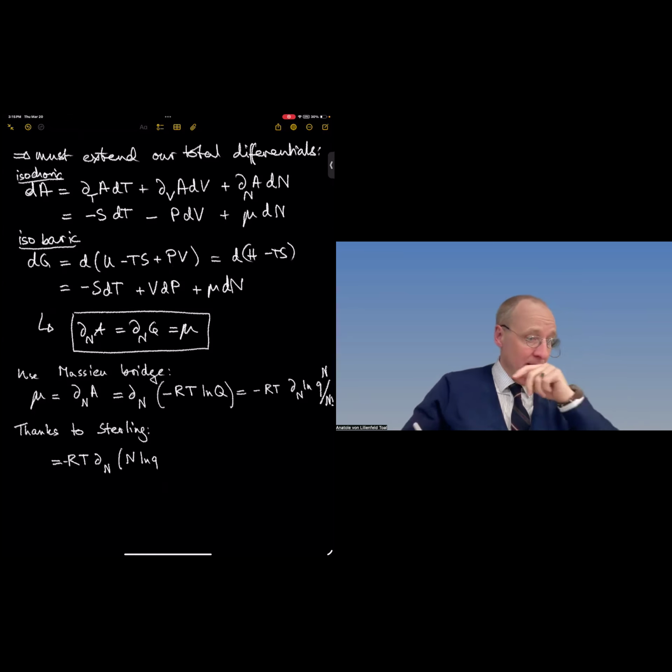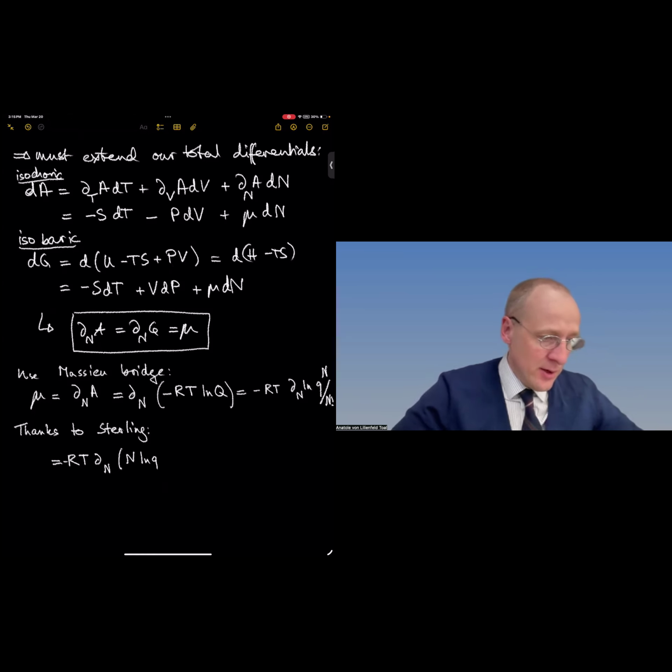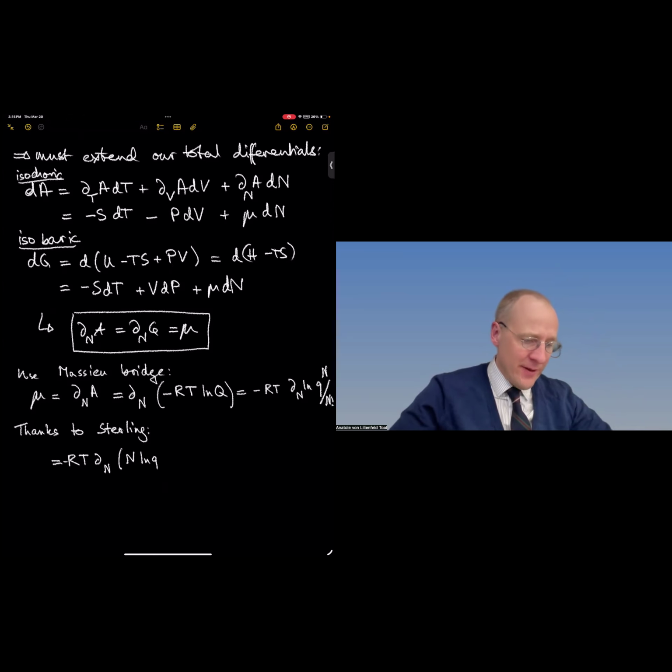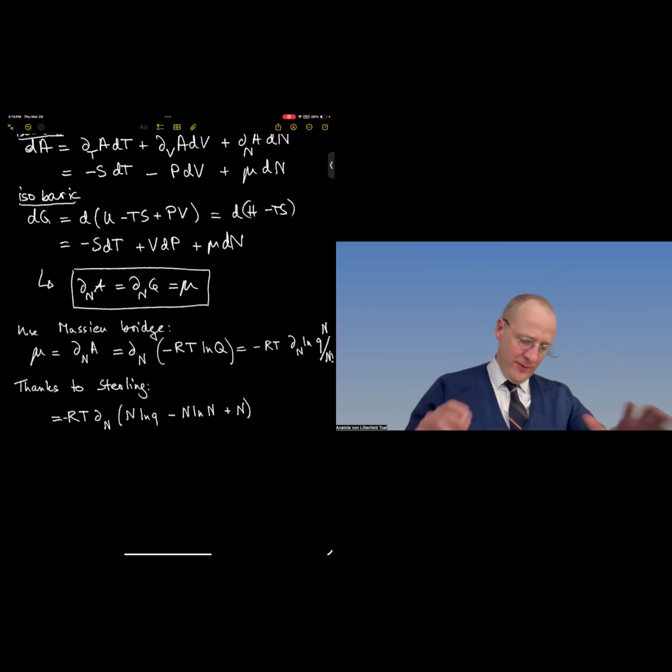And that's just n times logarithm q, and then in the argument of the logarithm, the denominator, thanks to Stirling, then becomes n logarithm n minus n. So all of this we do prior to differentiation, and now we can go ahead and differentiate,